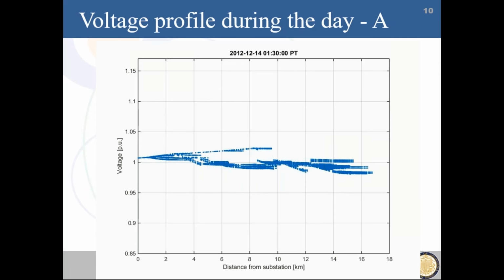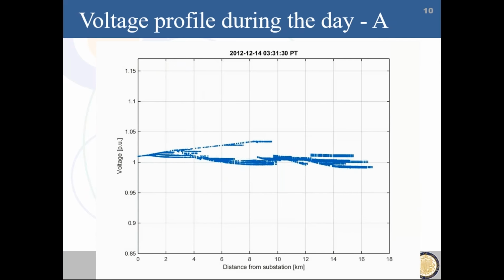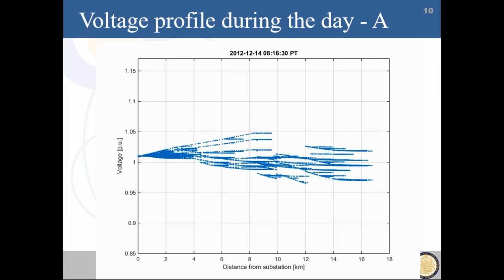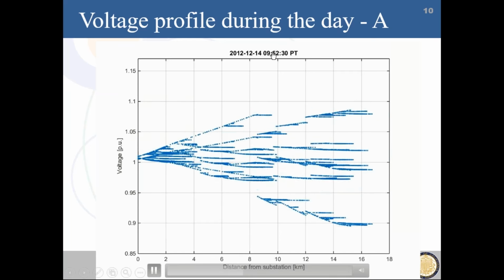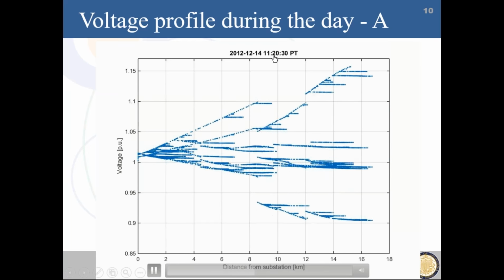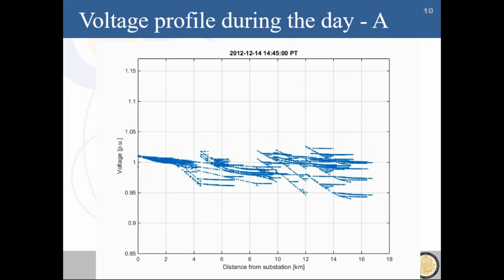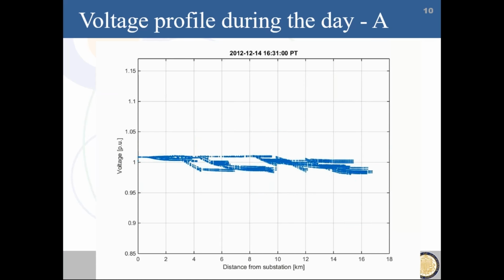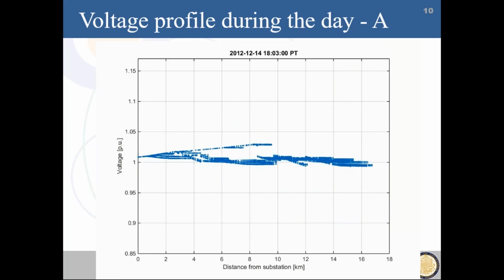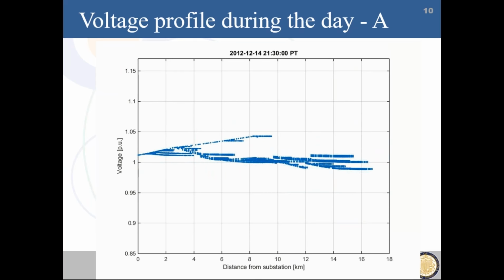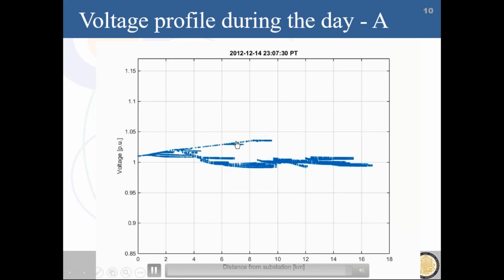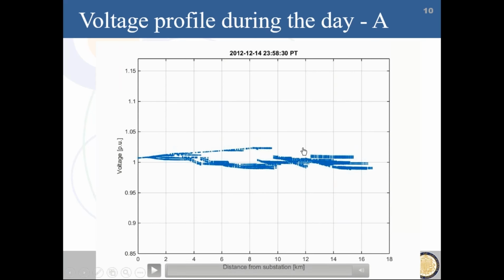Now here's an example of an animation that shows the voltage. So remember, we want to be between 0.95 and 1.05. On the top is the time clock counter. You can see at nighttime it was a pretty smooth operation, but now in the daytime we see how the voltage jumps up and down a lot. This is an extreme case, so we're having a lot of solar on this feeder, and that's not happening in practice, but it gives you some indication of how the voltage can fluctuate if you have a lot of solar power. And then back at nighttime you see everything is nicely smooth and under control.